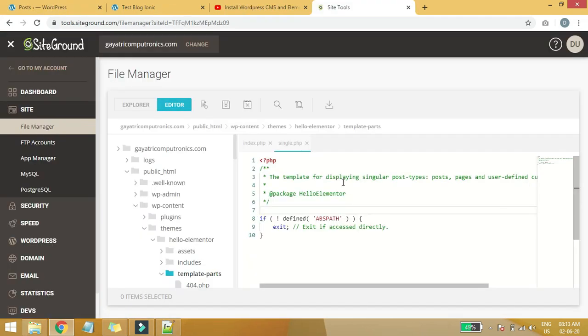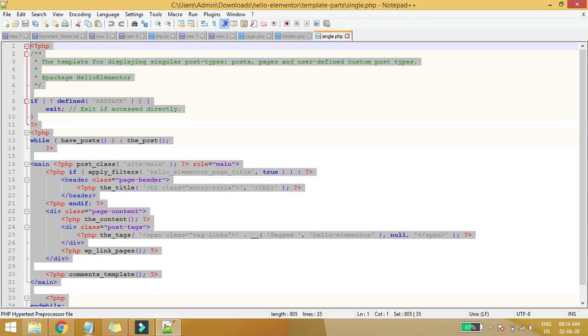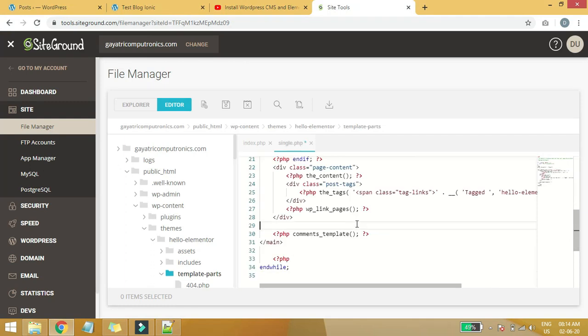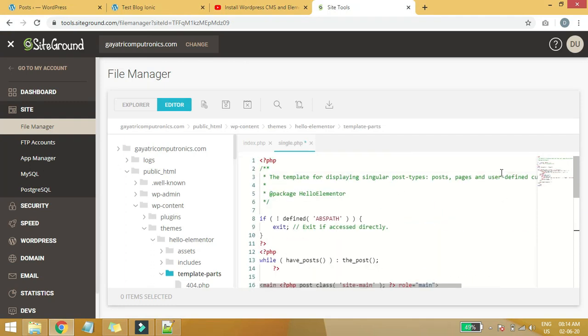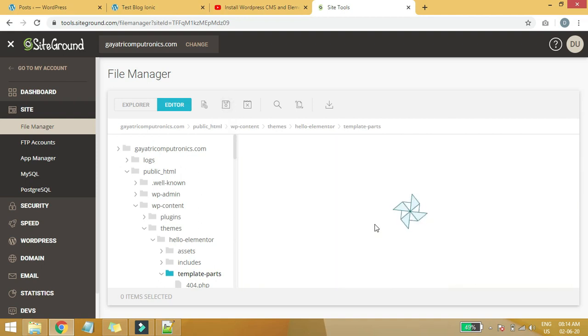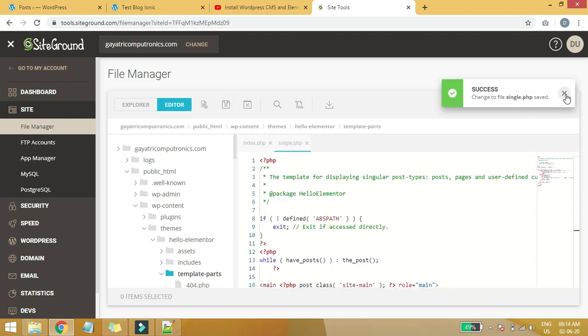Okay, so I have already logged into my control panel. My website is basically, I have purchased a domain from SiteGround. I'm using Hello Elementor theme basically. What I have done here, I have just deleted all that stuff for some purpose. So I will just copy this code and paste it here. If you are not a developer, you can skip this part. I am telling this again because it can be very confusing for you.